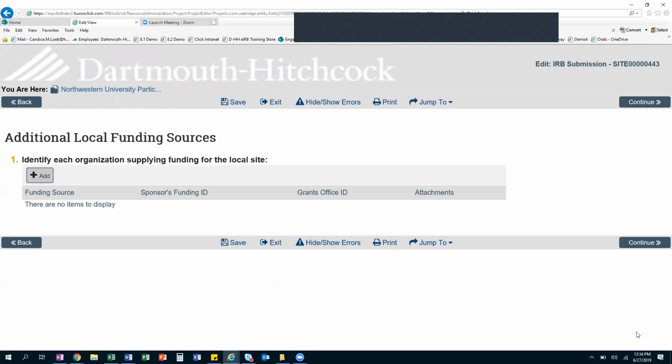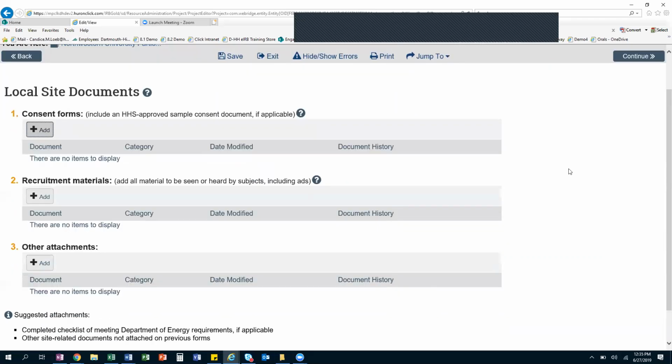So if there's any funding for this local site that's different, it's not required, but if there is, you can add it here. Then the local site documents. So again, you probably don't have it because the study really isn't approved yet, but once the study's approved and they've had the ability to work on those templates,